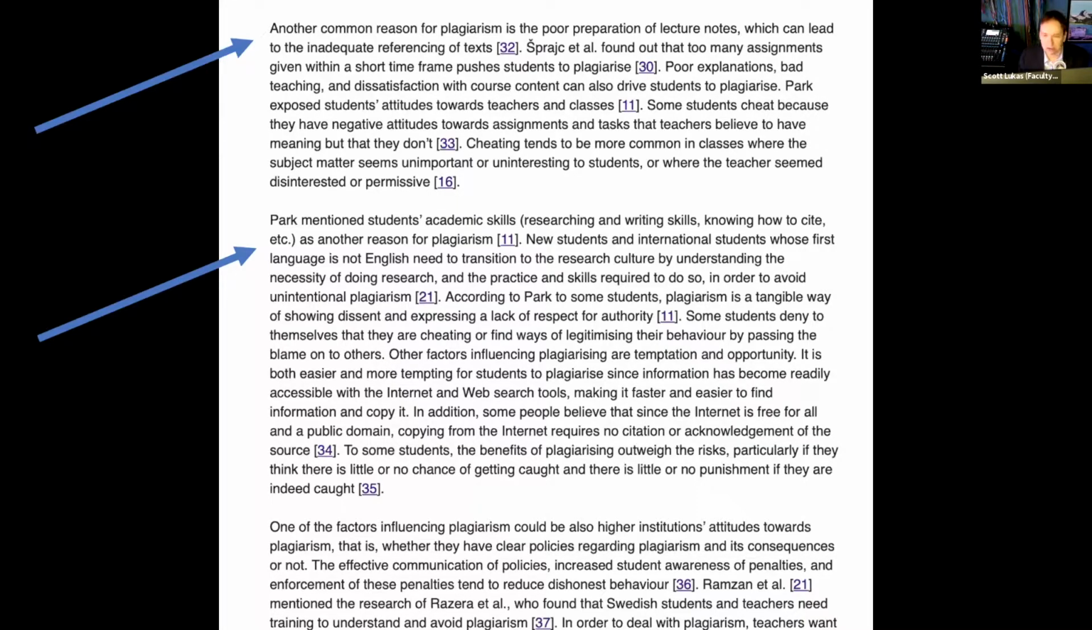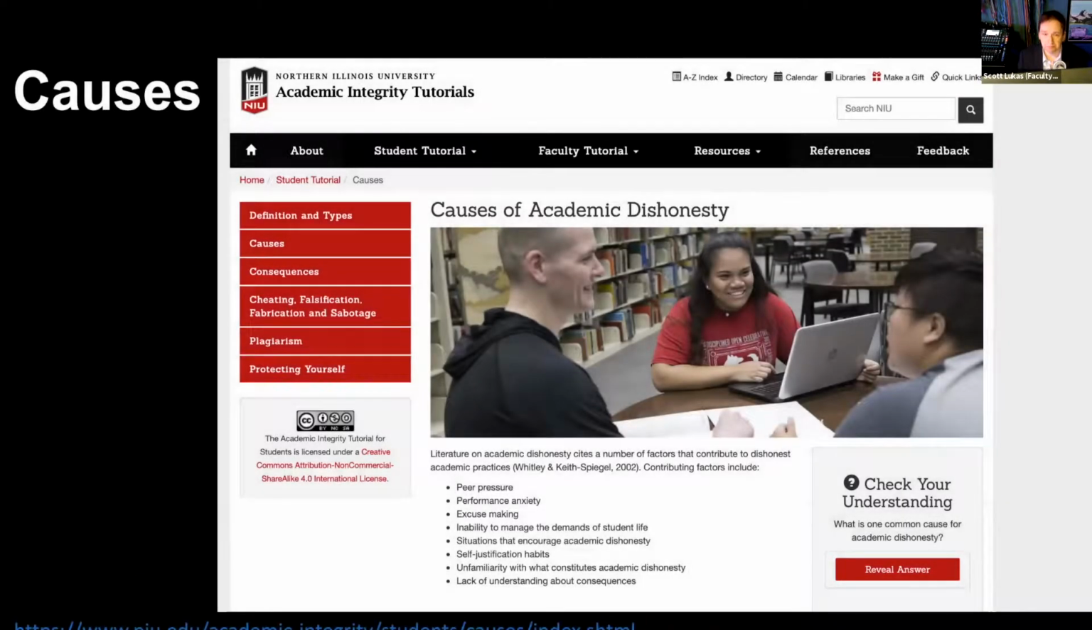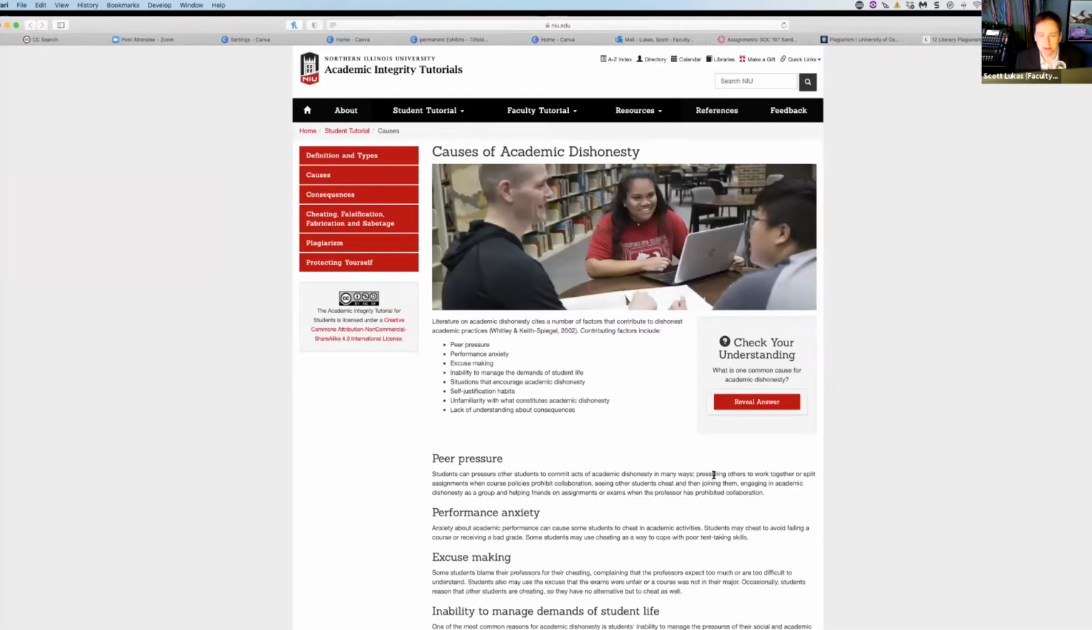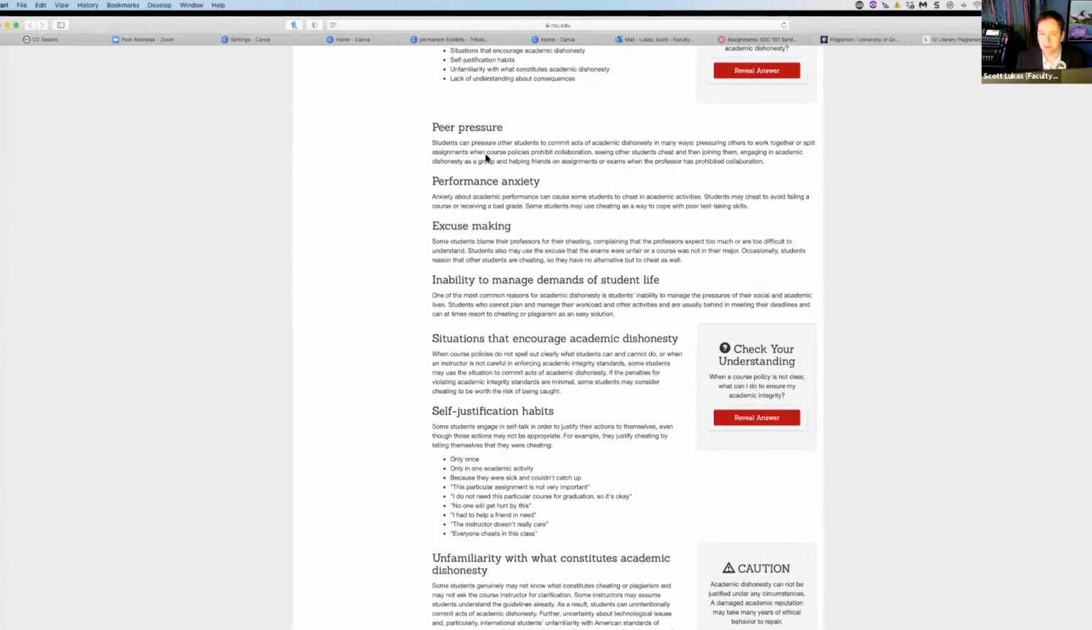And then lastly, could be values and attitudes towards plagiarism. Does the school have clear policies? Are those policies communicated? So again, I think these are really great themes in this short study that we can use out in the U.S. context here. Northern Illinois University talked about this as well. They mentioned some causes of plagiarism. These are very similar, things like peer pressure, performance anxiety. So I think we do a pretty good job at LTCC trying to make it a less